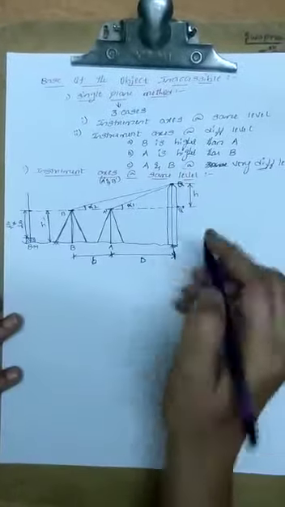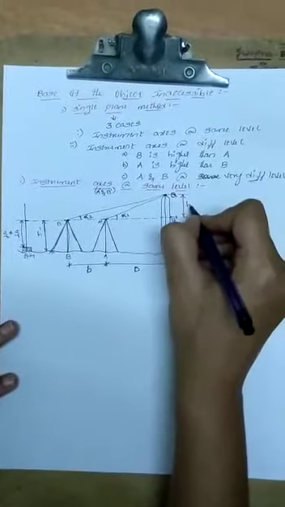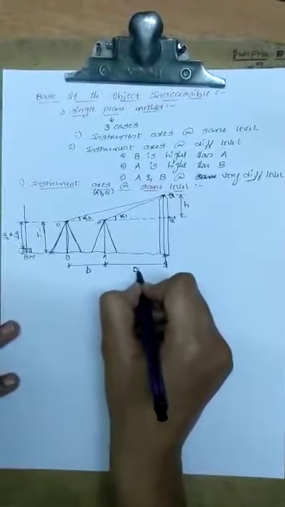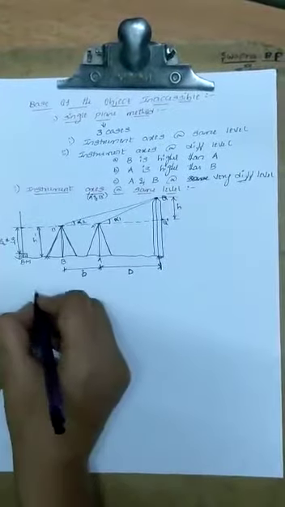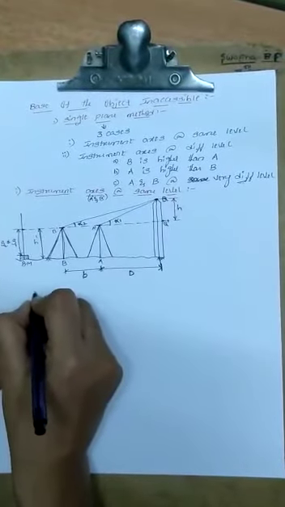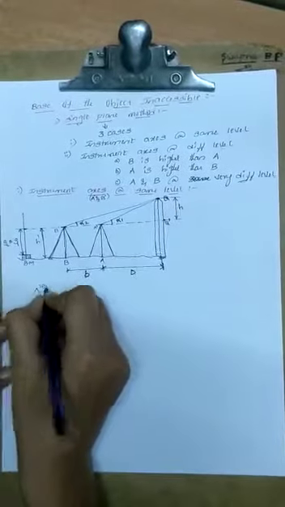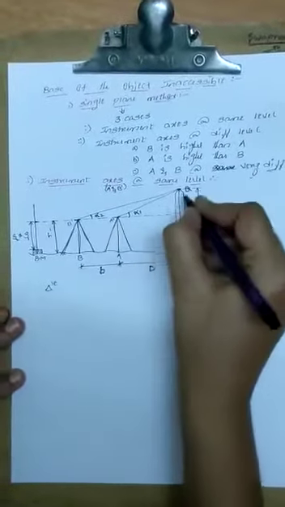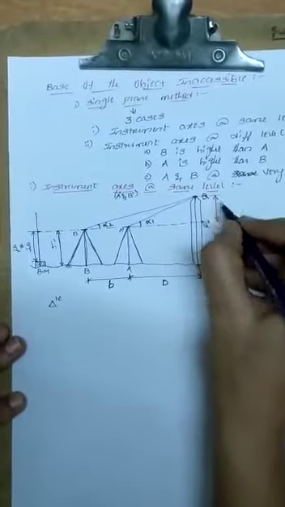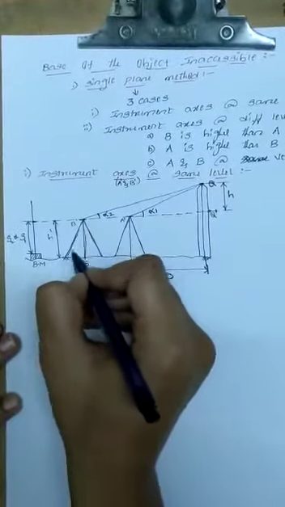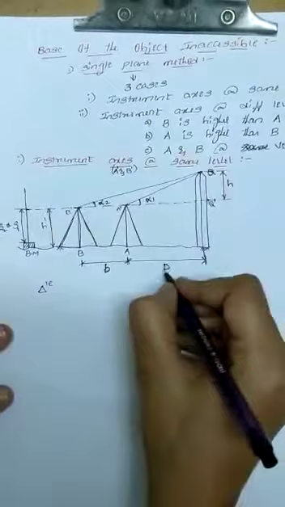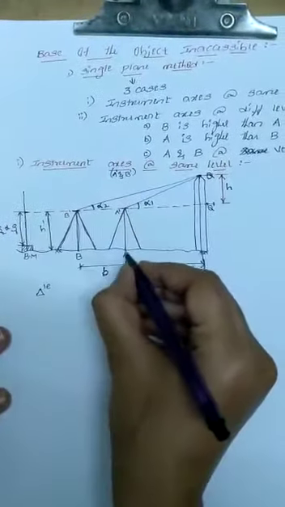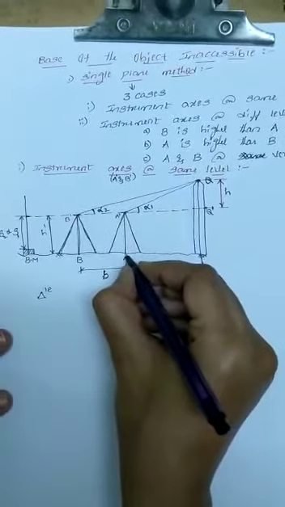Now we will derive what is the formula to calculate H and what is the formula to calculate this D value, and the b distance will be known to you. Same as the previous derivation, from the triangle, that is from the first instrument station, what is the formula to calculate H? Similarly, when it is from the second instrument station, what is the formula to calculate H value as well as D value? First we will see when the instrument is at A point, what is the formula